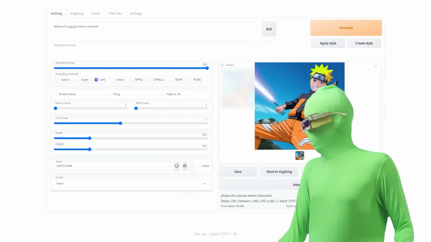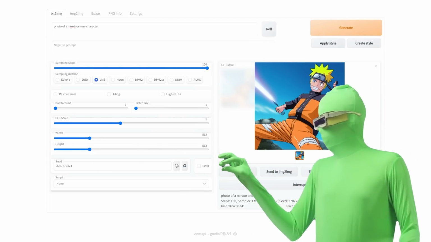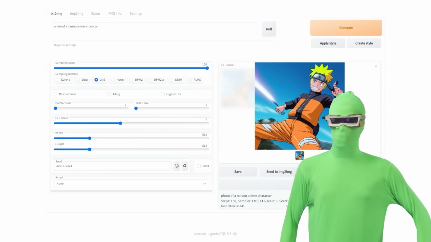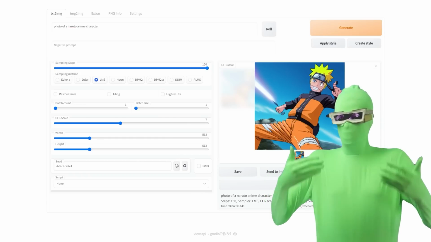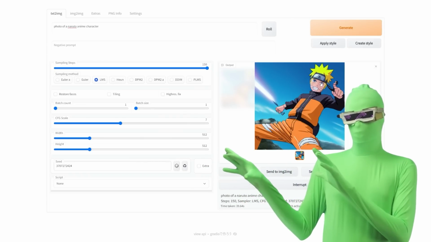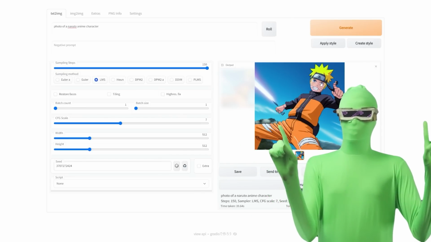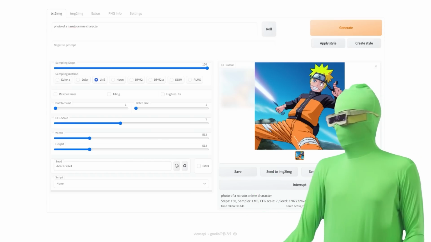The face is still very derpy, you know, not 110%, but that's kind of par for the course with Stable Diffusion. And also the images that I gave were full body images. I didn't give images that were closer to the face, which would have improved the face quality. SD was already bad at doing this to begin with, but this is way better than any of the stuff you would have seen here. It clearly didn't even know who Naruto was. It didn't know at all. So let's try another one.